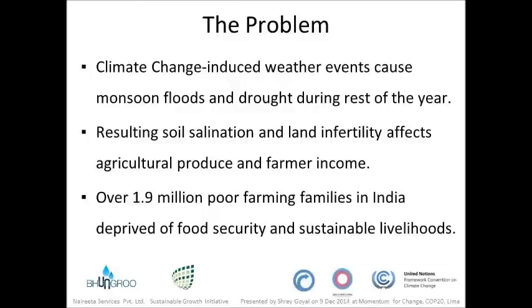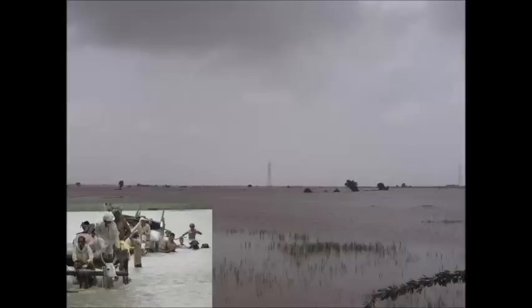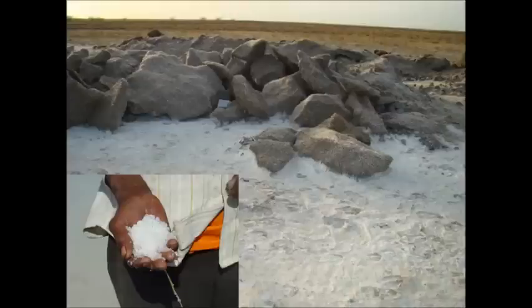Now, when NSPL started working in Gujarat in India, we saw that climate change was causing some unique problems that farmers there have not faced in their traditional models of farming. So climate change was causing weather events like flash floods and heavy monsoons, which would cause waterlogging. And that would lead to salt depositions on the soil, leading to desertification. And during the waterlogging period,